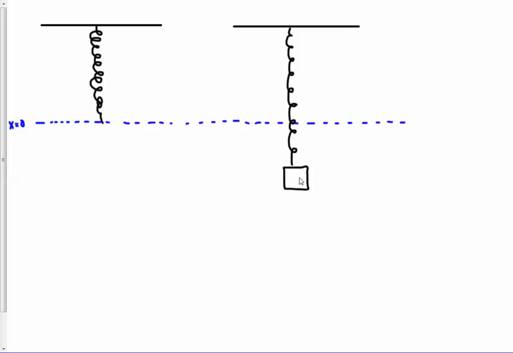And let's say that here is the place where the mass would hang and simply sit there without any going up and down motion. So let's assume that that's the case, and let's call that negative h. So attaching the mass to the spring caused the spring to be pulled down, to be stretched by a distance h. All right, well, if we look at F equals ma,